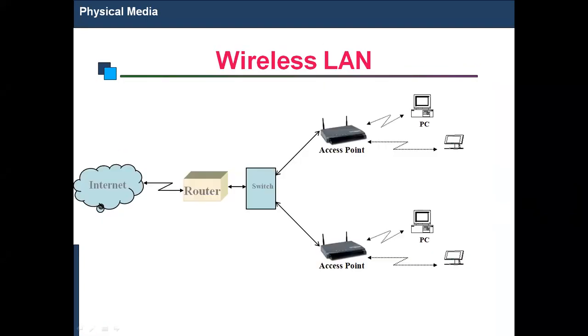Now I am explaining, all of you see this figure. This is exactly a wireless LAN network, that is how Wi-Fi connects. This is our PC, or your laptop, which is connected through wireless media to the access point, that is the wireless access point, nothing but a wireless router, which is connected to a switch, then a router, then to the internet service provider. This is the exact mechanism to connect our Wi-Fi connections.